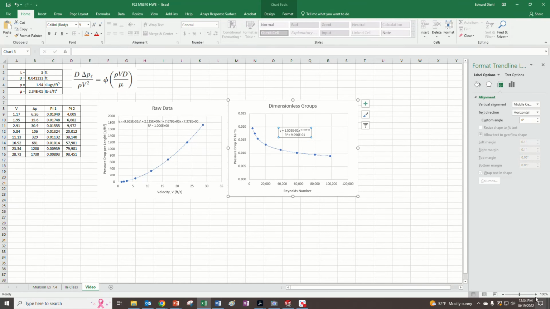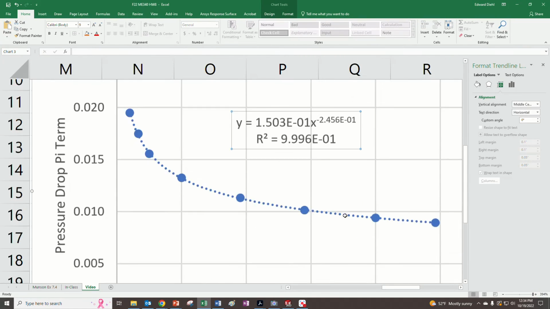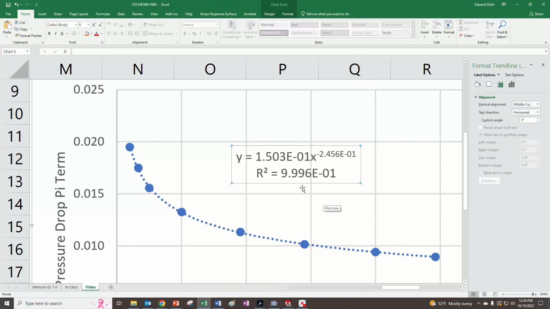And can we zoom in to see that any better? Let's see. We could see that the value is like, okay, so it's e to the minus 1. So this is like 0.1503, and this power is like 0.2456. That's actually, we will discover, really close to what we expect from a classic experiment done by